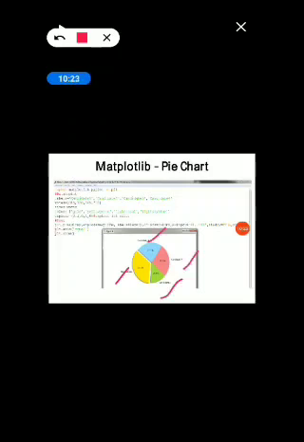Okay, then I'm taking votes, another list, the values written are 315, 130, 245 and 210, and then inside the sizes variable I am assigning votes. The colors I have chosen are gold, yellow green, light coral and light sky blue.